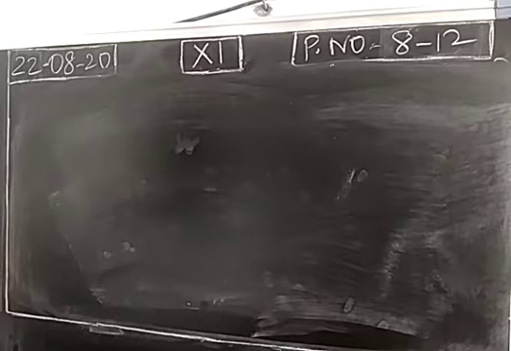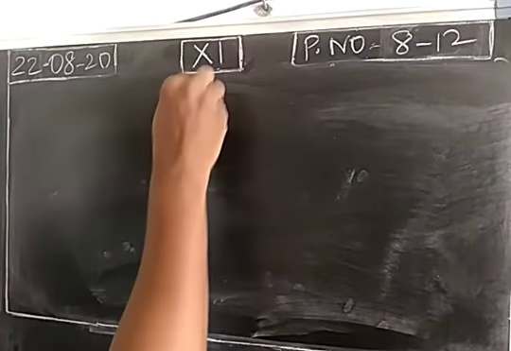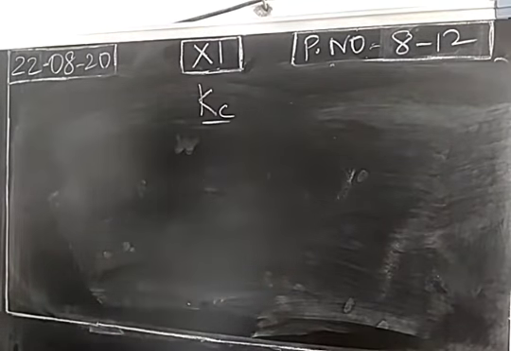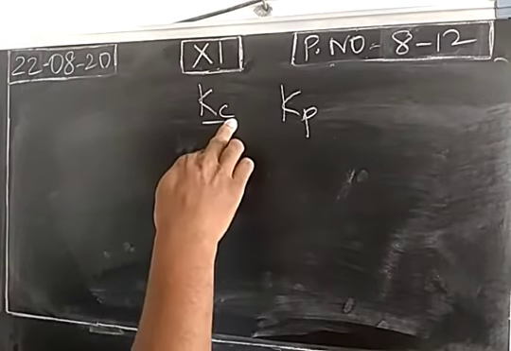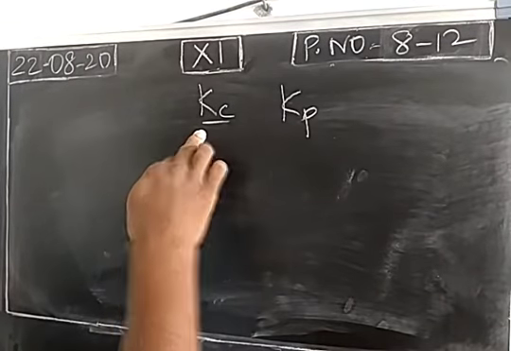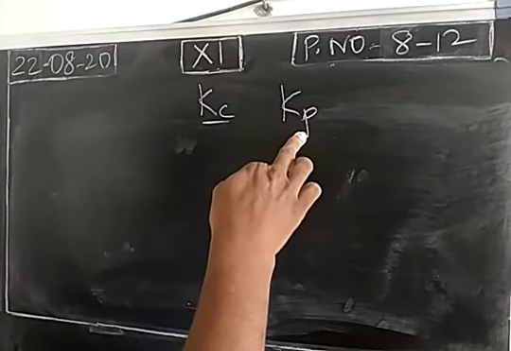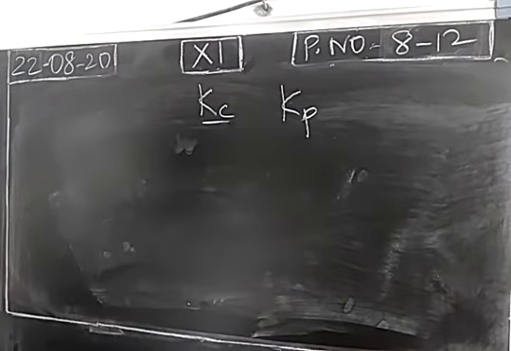Next we move into 5 more questions. Applications of equilibrium constant. If a reversible reaction reaches equilibrium, we calculate the equilibrium constant. So using concentration we can write the equilibrium constant Kc, or using partial pressure for the gaseous equilibrium reaction we may write Kp. Using molar concentration Kc can be calculated. Using partial pressure for gaseous equilibrium reaction Kp can be found.